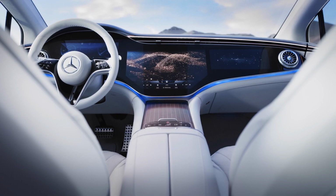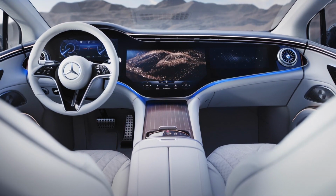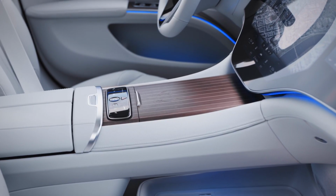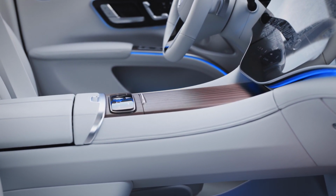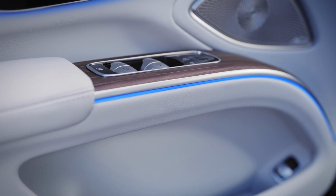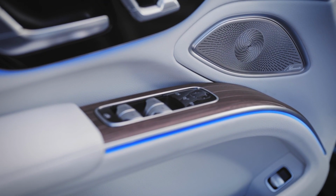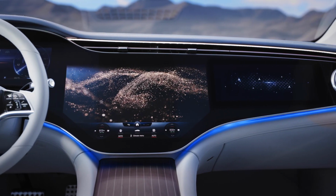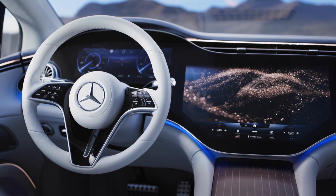Inside, the Mercedes is convincingly the better car of the two though. The signature MBUX hyperscreen of the car with an overall screen size of 56 inches and consisting of a 12.3-inch digital instrument cluster, a 17.7-inch central infotainment screen, and a 12.3-inch passenger display, all wrapped under one single piece of glass, is extremely futuristic and impressive. The second-generation MBUX, with features such as augmented reality navigation projected onto the road, gesture control, and natural language processing, all works great, and the new generation Mercedes steering wheel with touch controls and haptic feedback add to the sense